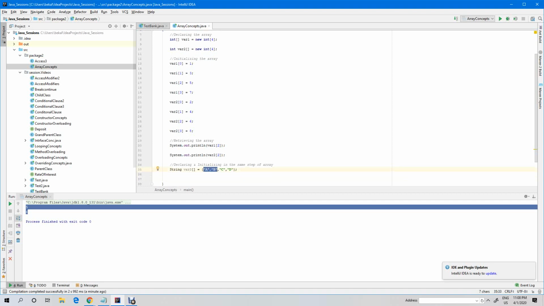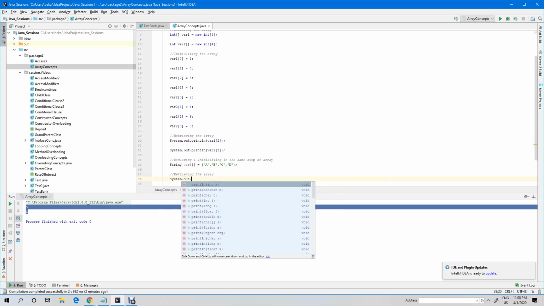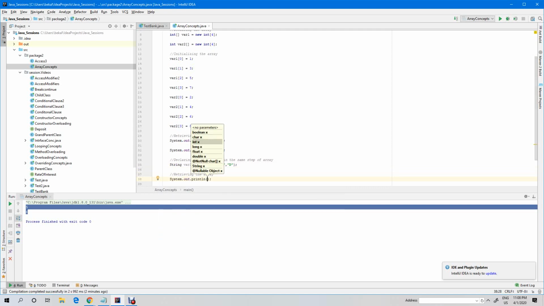Now the same thing, I have to retrieve it. Retrieving the array: how to retrieve it? Same thing. I can say variable 3 of 3.